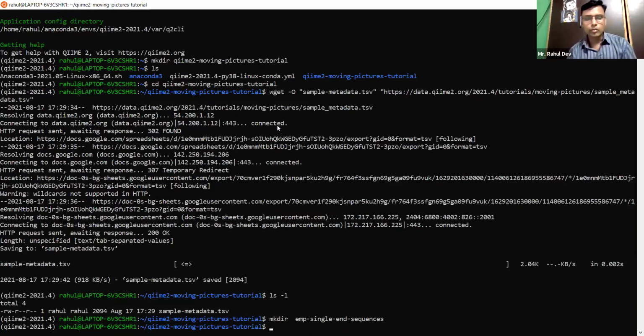Done. Why did we do that? This is the procedure here. Two files, barcodes and sequences fastq, are the two files which will by default be downloaded under the emp-single-end-sequences folder. So before fetching those files, we need to create the directory.